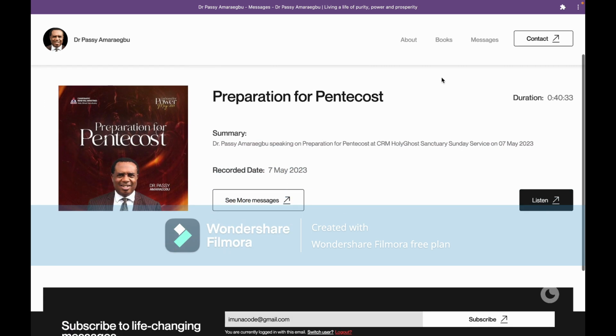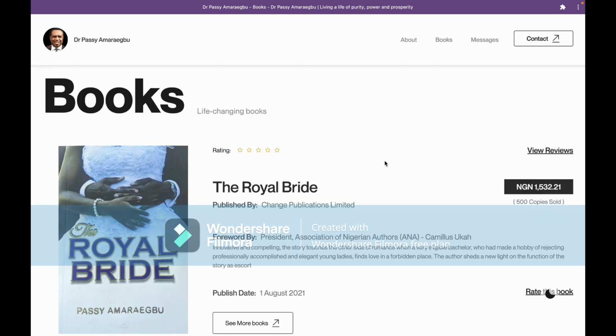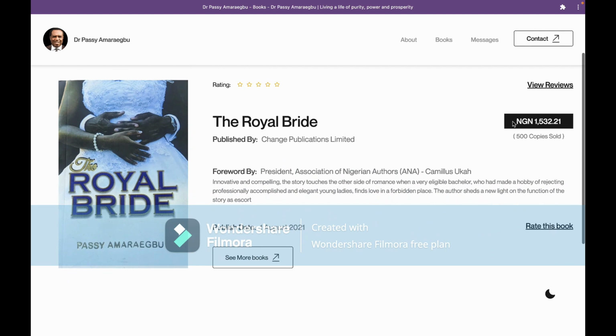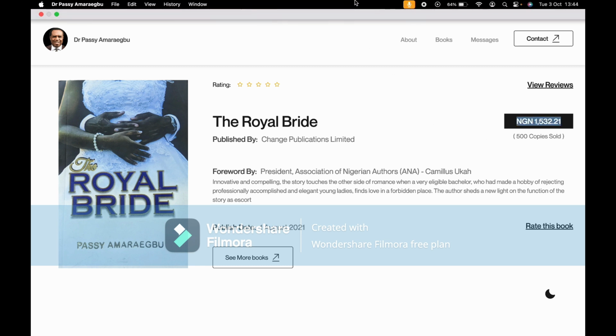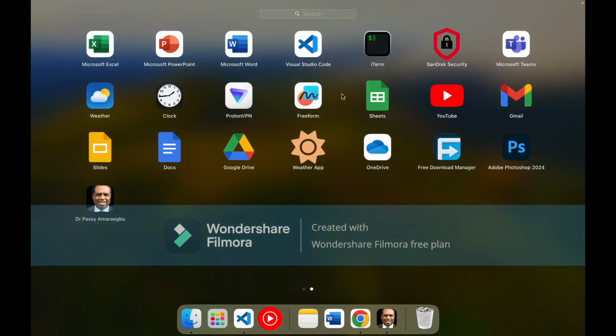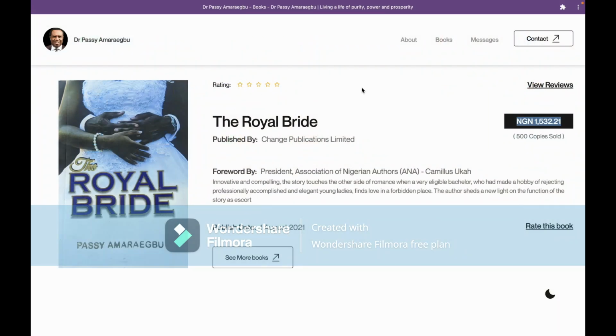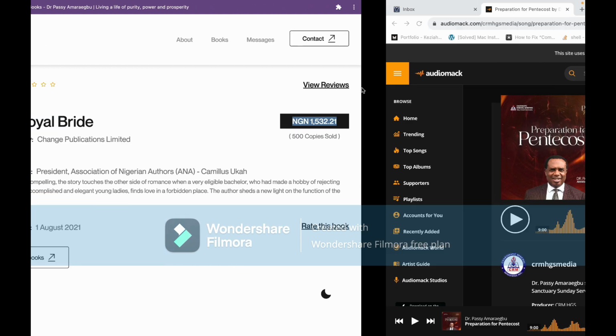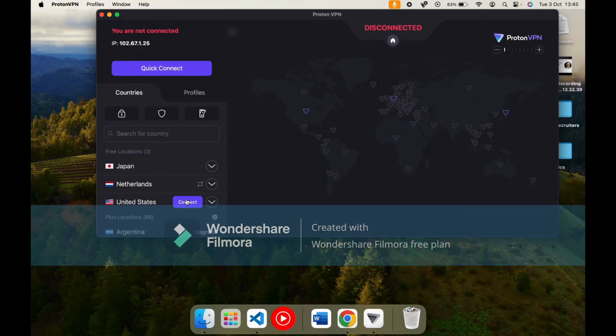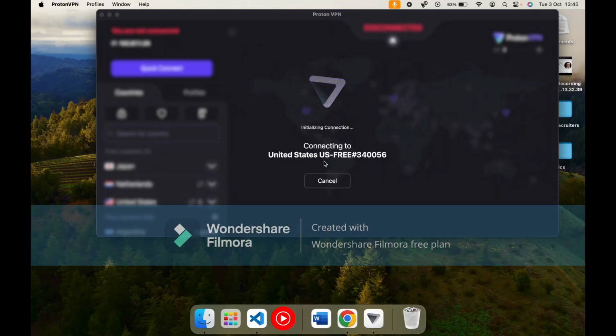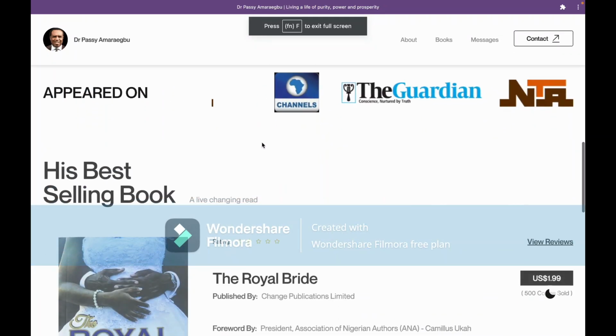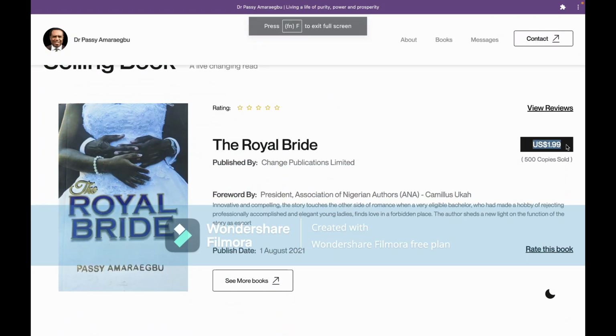All right, another thing is the books. The beautiful thing about the books is the currency shows up in your local currency when you want to buy the books. Say I use Proton, for instance, and I change my IP address, the currency definitely updates.